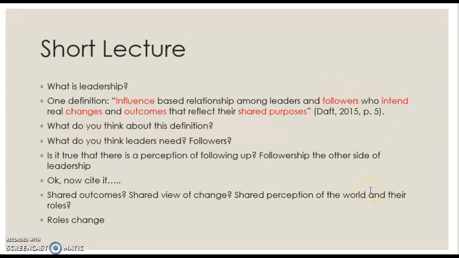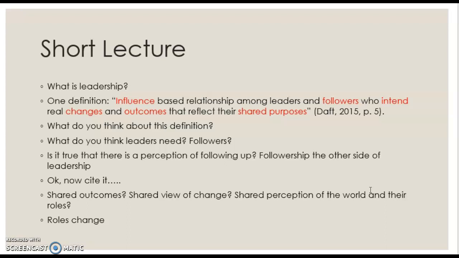Now, here's our lecture. I apologize again that these slides did not show up yesterday. When we talk about leadership, there is an assumption of a definition kind of like this, and this is from the Daft Leadership Experience text, 2015. They keep redoing this book, and some parts of it are fairly decent, but this definition really sticks with me. Influence-based relationship among leaders and followers. To be a leader, you must have followers. But it's how you treat followers that defines a lot about what leadership looks like.